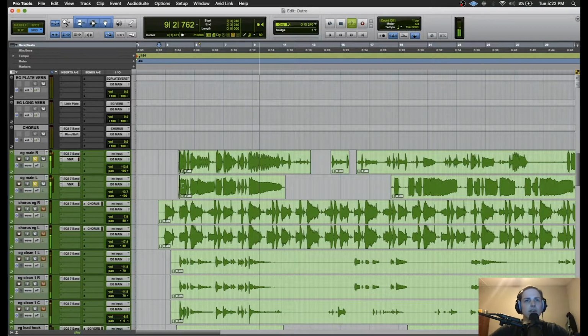So this is the main guitar, the guitar hook. And then this is the chorus electric guitar, which is just being sent to